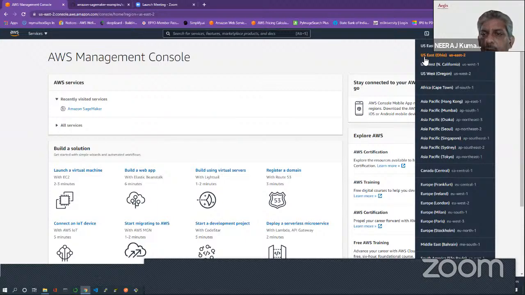You can see this in orange, I am in this region. So whatever infrastructure resources I use will come from the Ohio region data center of AWS. AWS has multiple data centers across the globe. In this session, all the services and resources I use will be provided by this data center within the AWS cloud. Is that clear to you?